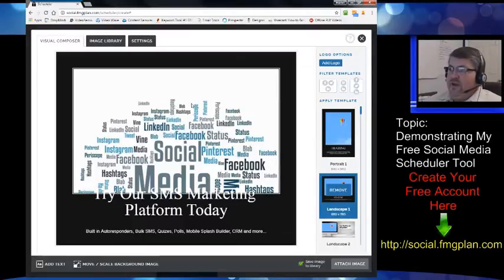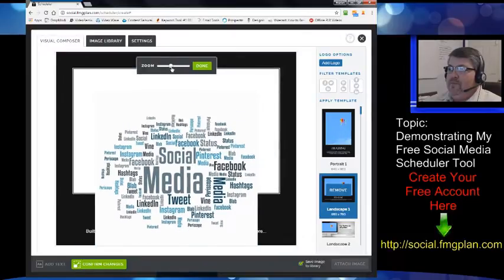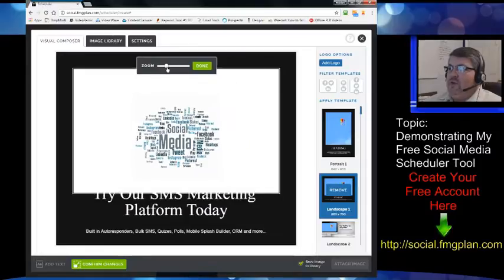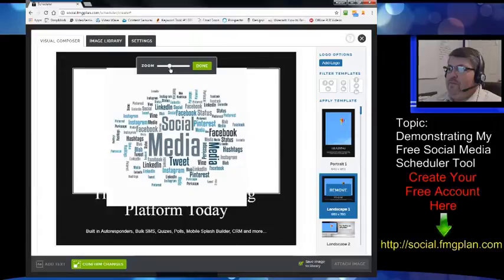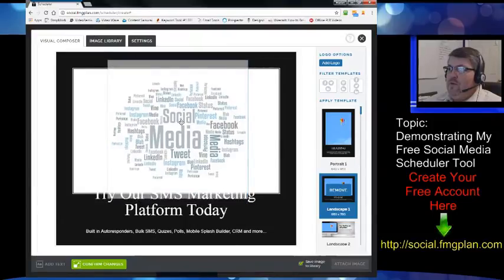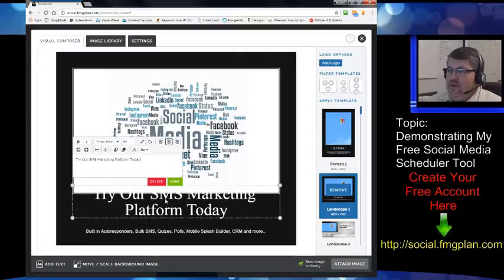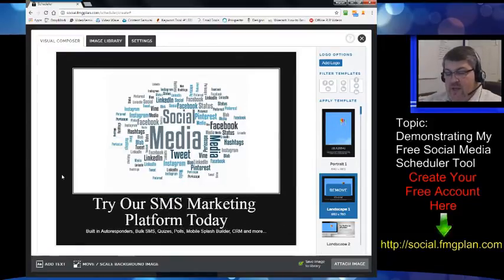So you just click on it and it'll actually take your image. Notice it didn't line up right, but it'll take your image and stick it right in that template. Well, you can say move and scale the background image. So I'm going to scale it back a little bit, and I'm going to move it until I get it in frame where it looks pretty decent. That looks pretty good. Okay, so I have it there. Now I have a text layer that's down here with some default call to action text. I'm actually going to change that.